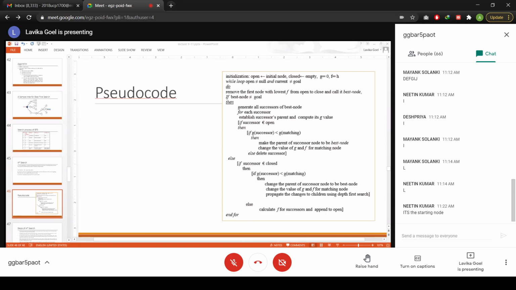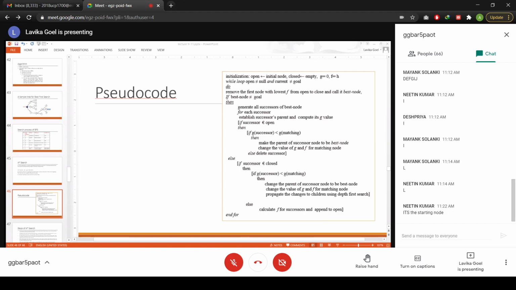If the successor belongs to the open list, that means it is a duplicate node, so it was an already existing node. Now you will check which path is better, whether the current path is better or the old path was better. So how will you check the paths? You have an additional G value, right? That G value is telling you the estimate of going from the initial state to the current state, correct?